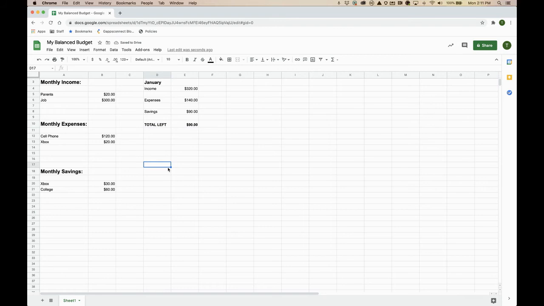What's a really neat trick here is, so far we can see here that, hey, $90 is pretty good. That means we have $90 to maybe put towards other things, like maybe going to the movies or going out for dinner or whatever other plans you may have. But at least you are in complete control. You know how much you have left, or for even anything that's unexpected. But let's take it one step further in spreadsheets, where we can do this thing called conditional formatting, where it's going to highlight if I'm in the red, which means I actually don't have money left over, and that's something I'm going to have to deal with. So to do that,